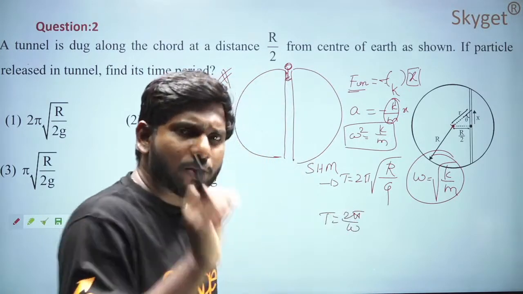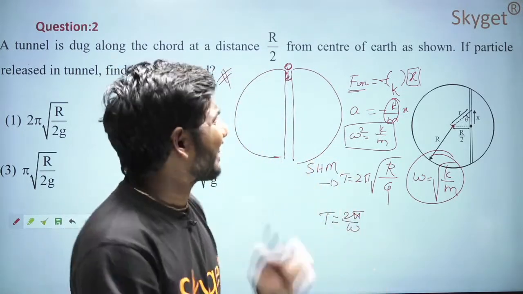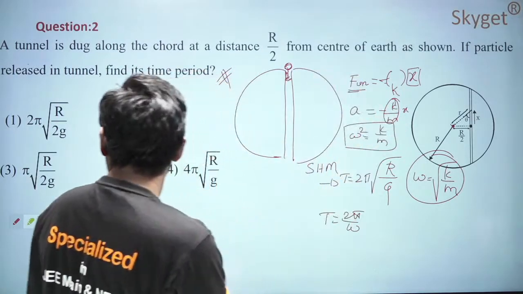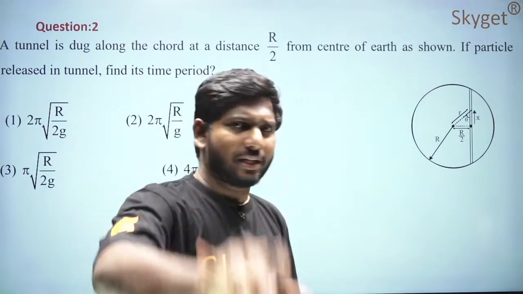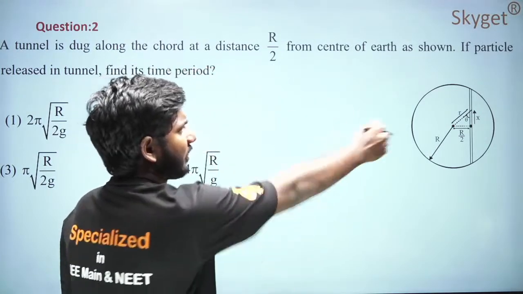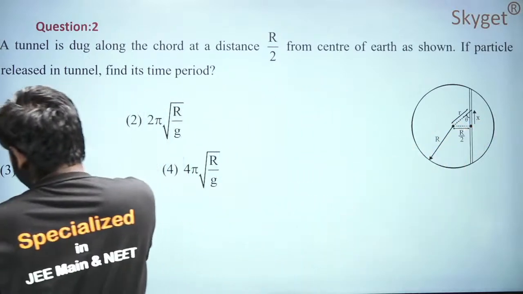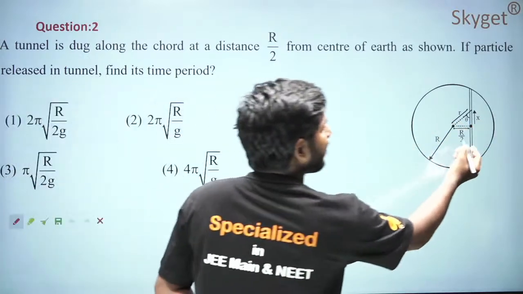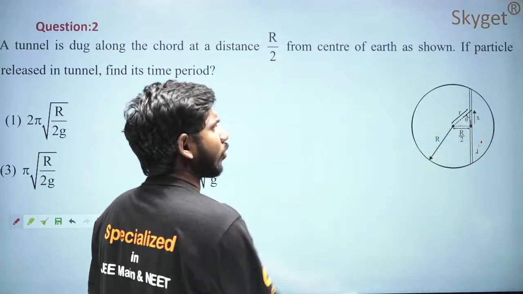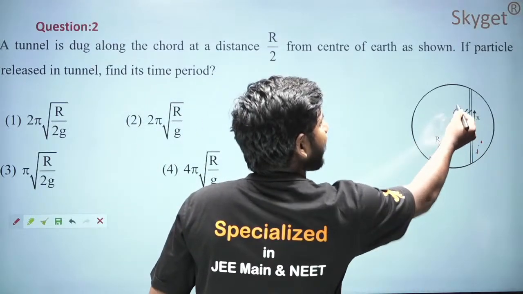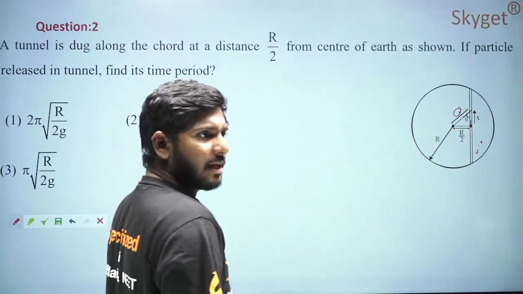This is the general procedure that you need to follow to solve any kind of problem on time period. Okay, then students, how to solve this question here? First I will displace it from the mean position. Here the diagram itself is given. I will displace from the mean position by a distance x. Now I will try to find out the force. At a distance of r from the center, what will be the force, students? The force will be